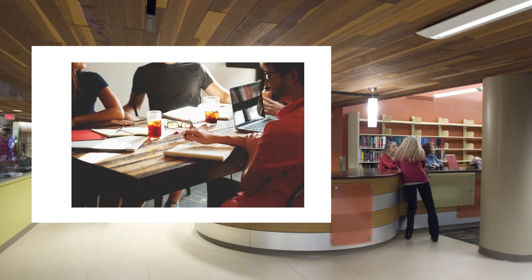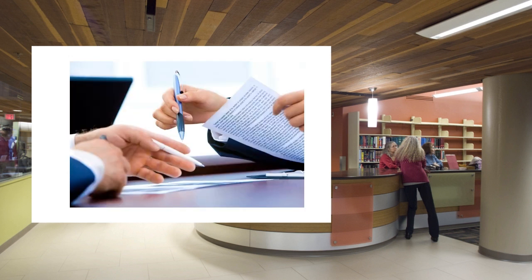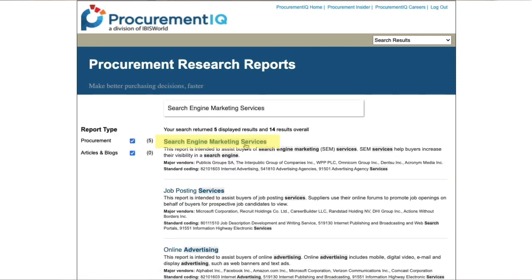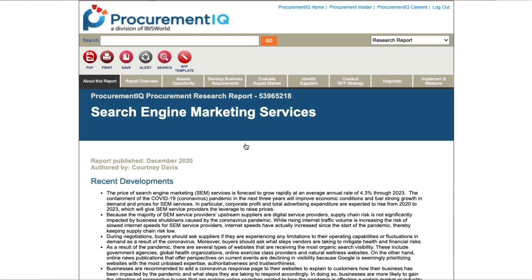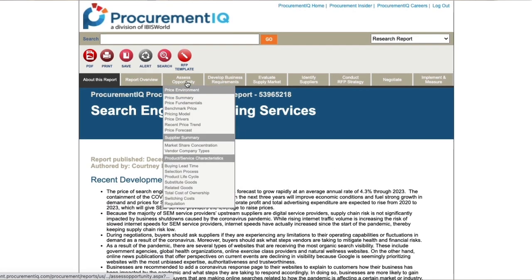Before you can make recommendations for either of the semester's options, you first need to understand what industry consultants in this area typically offer, and also become familiar with some of the concepts and jargon in these areas. Procurement IQ is a database that helps companies effectively compare the services and prices of vendors they may want to hire. See this report on search engine marketing services to get an idea of the range of services and options this industry typically provides.